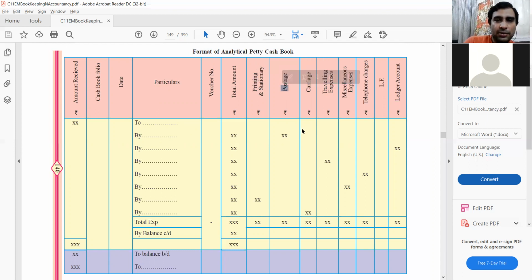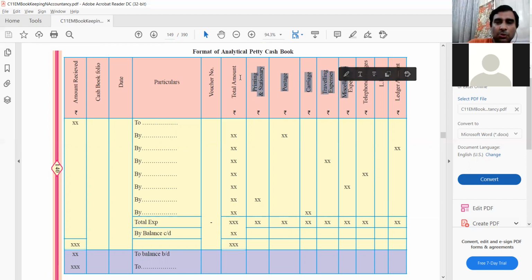Okay, so let us say you are spending on postage 5 times in the month, so you will write down postage 25 rupees, 25 rupees. Let's say again there is postage on this date here. So again here you will say postage 40 rupees, 40 rupees. So then you can add up this column, and this amount tells you in the entire month how much expense you incur in postage, and this amount you will post in the ledger for these respective ledgers: printing and stationery, postage, carriage, traveling expenses.